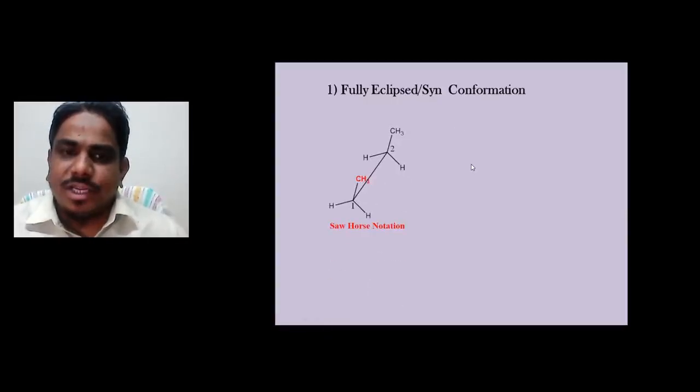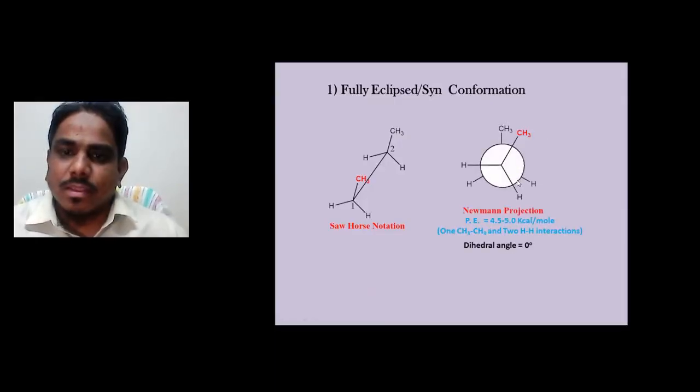This is a sawhorse notation of the fully eclipsed or syn conformation of n-butane. Here we observe that two non-bonded methyl groups are eclipsing each other. This can be best viewed in the Newman projection formula, in which two non-bonded methyl groups and two non-bonded hydrogens are eclipsing each other. This fully eclipsed conformation of n-butane is observed at 0° dihedral angle because of the electronic and steric interaction of the methyl group,